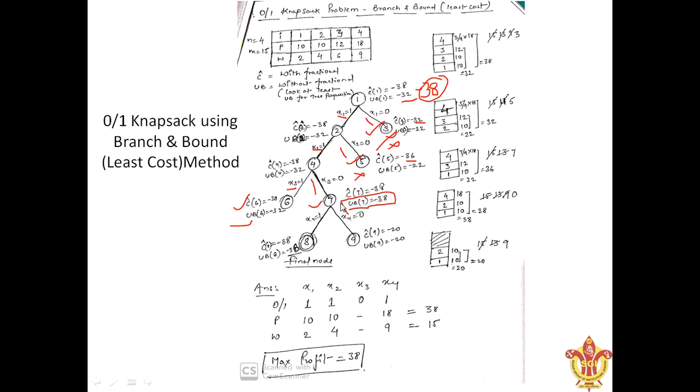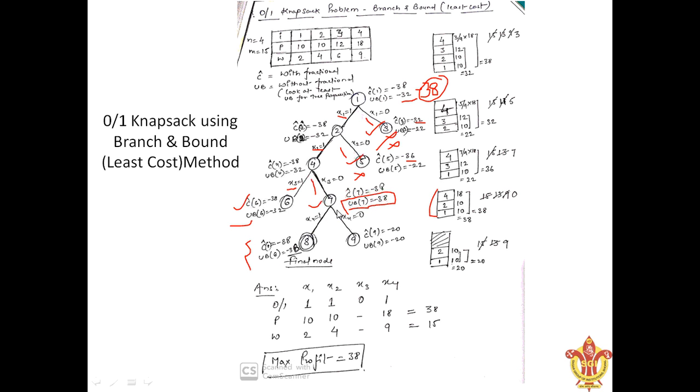We are going to update the upper bound, and we are going to prune the branches by using the least cost method. Now see, we are going to expand this node. We are going to expand this node. That's why it is called least cost branch and bound. Now, by including 4, we know this one. By including 4, what we have is already copied. Minus 38 is the cost and the upper bound is minus 38. It will be directly copied here.